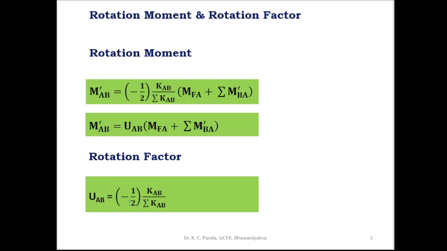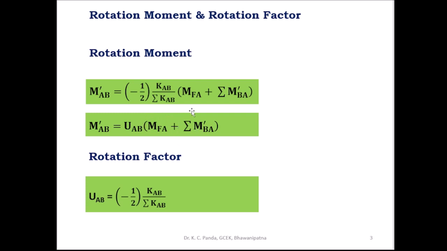So UAB is equal to minus half into KB by summation of KB. So the rotation moment M dash AB is equal to UAB into (MFB plus summation of M dash BA). The near end rotation moment can be determined by using the rotation factor and the fixed end moments of the joint